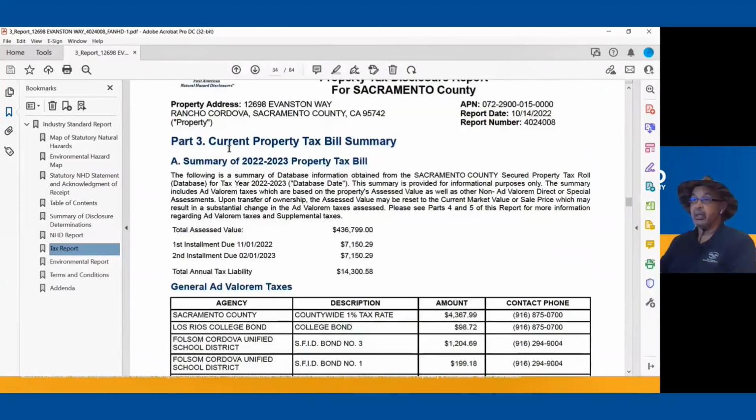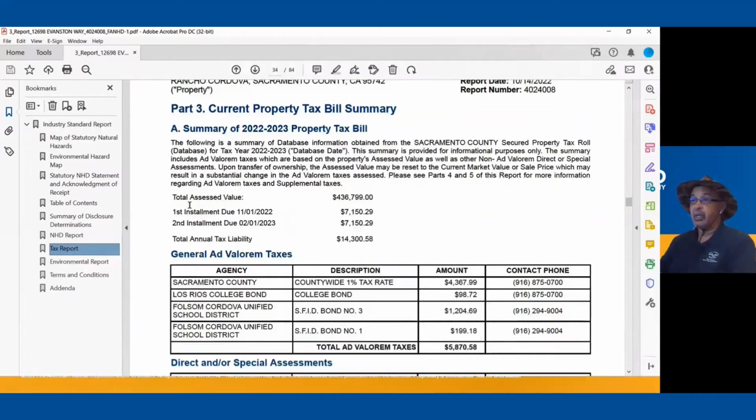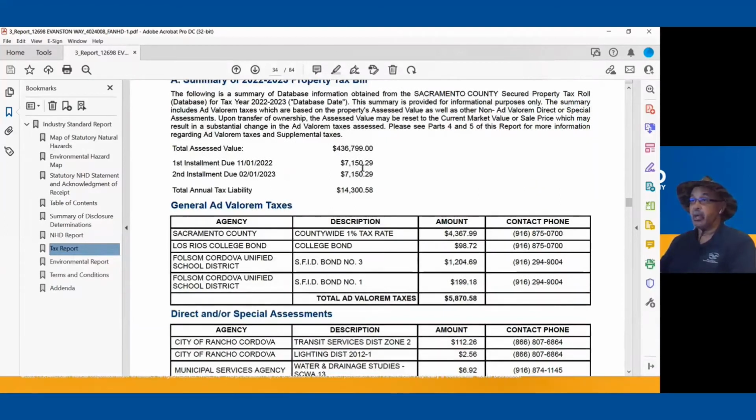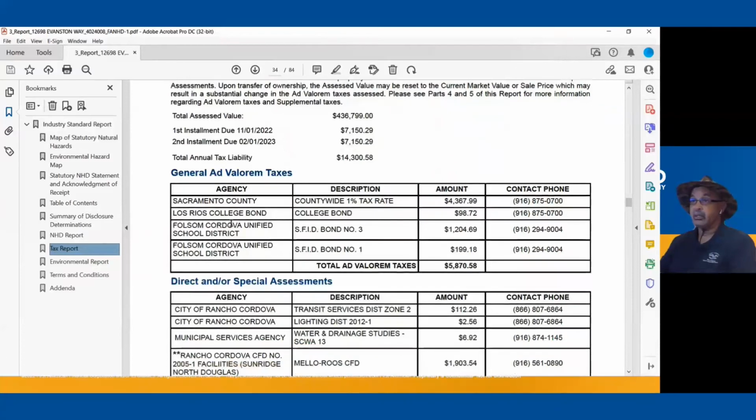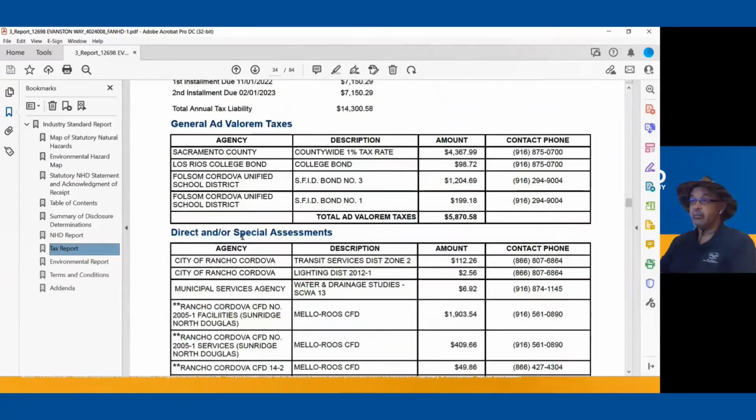And here is the current property tax bill summary. It's based on the tax year 22-23 database, and current assessed value, first and second installment amounts, total tax. Here are the ad valorem taxes. We have, in addition to the 1%, community college and a couple of school district bonds.